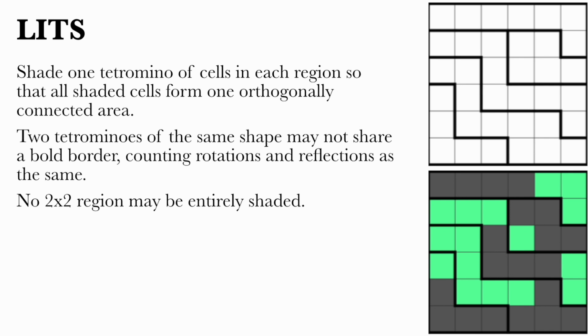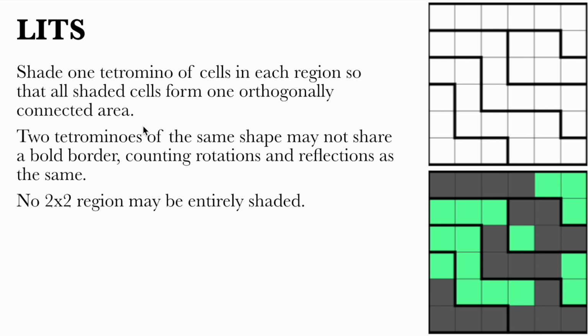It is Supersized Day, which means we have an oldie but goodie. Today it is Lits, a great little puzzle, and today it is a great big puzzle. And let's get a reminder first of the rules. Lits is a puzzle that is named after the four shapes that we will be drawing in the grid. The rules are: shade one tetromino of cells in each region, so that all shaded cells form one orthogonally connected